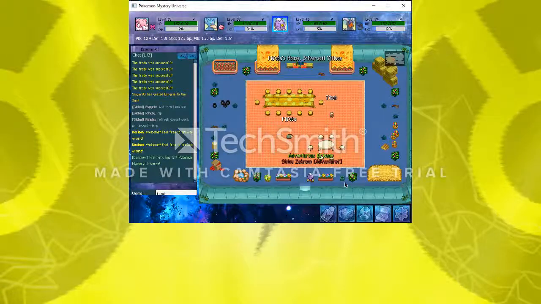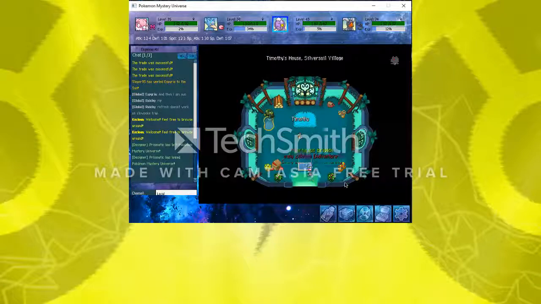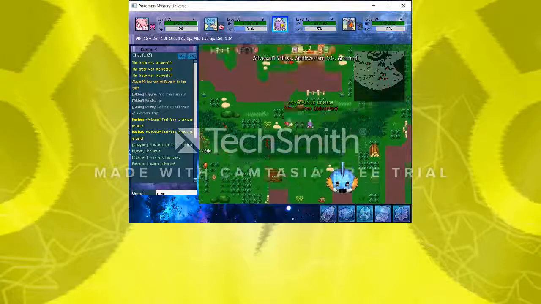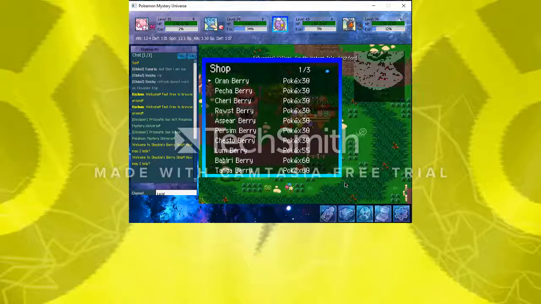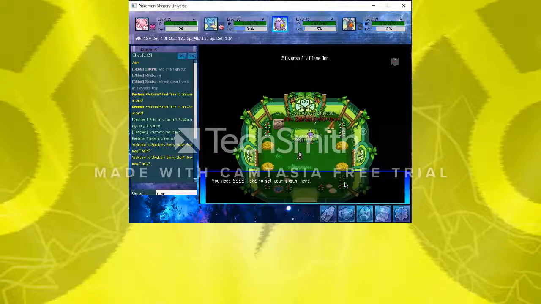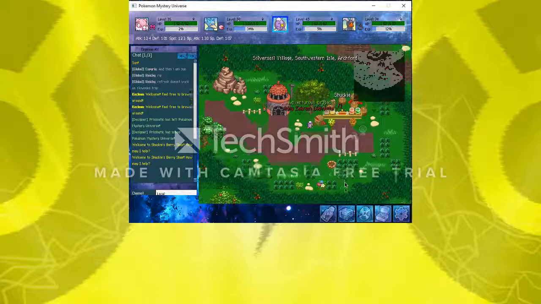I do believe there is an inn around here you can set your spawn at somewhere. I don't remember what house it was. But I'm pretty sure. And there's also a Shuckle here that can sell you some berries and stuff, like all the type reduction berries. And is this the inn? Ah, yes. This is the inn where you can set your spawn at, if you so wish,